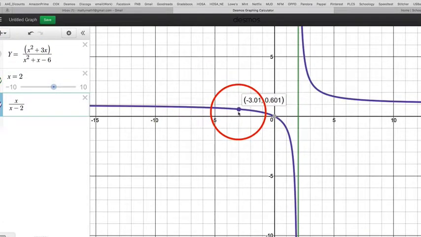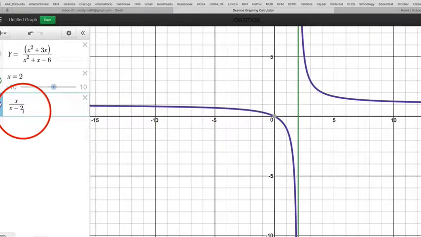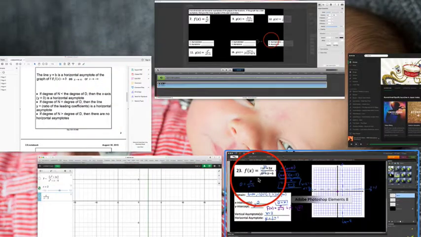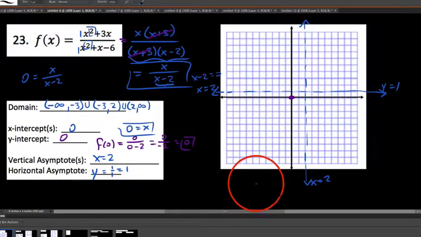I turned off the first graph, and when I go over to negative 3 here, I can skip right over that because, well, it kind of lacks that other factor in the denominator here. So because these two functions are not the same function, but because everywhere they behave the same except for at one spot, then we could use the simplified form of this function to determine our x-intercepts, our y-intercepts, our vertical asymptotes, our horizontal asymptotes. Again, the only reason we use the original function denominator zeros is to find our domain,